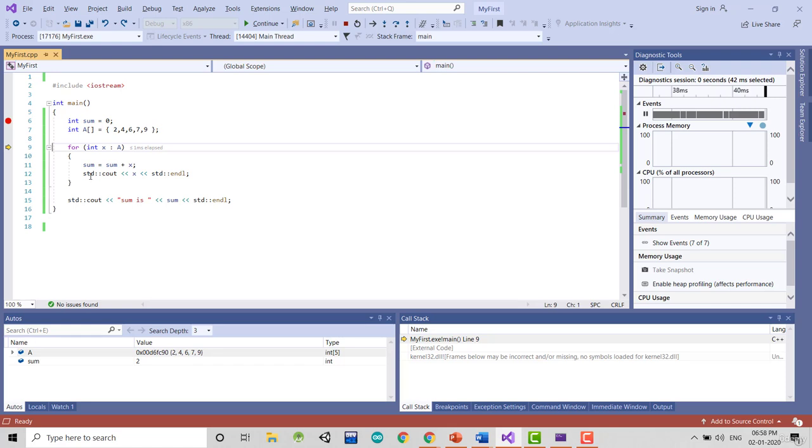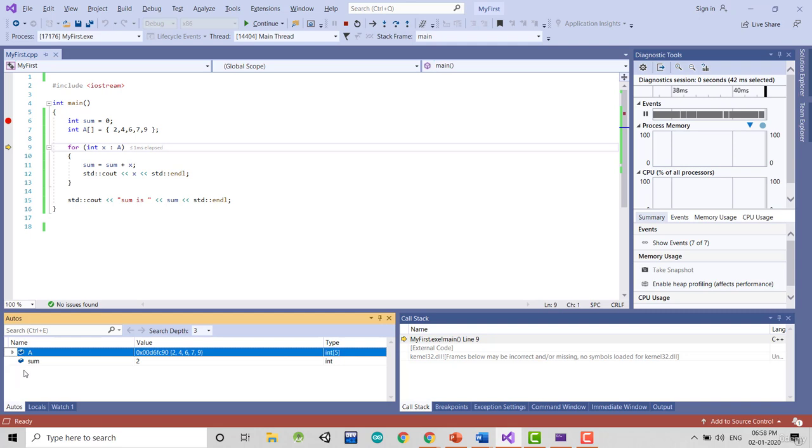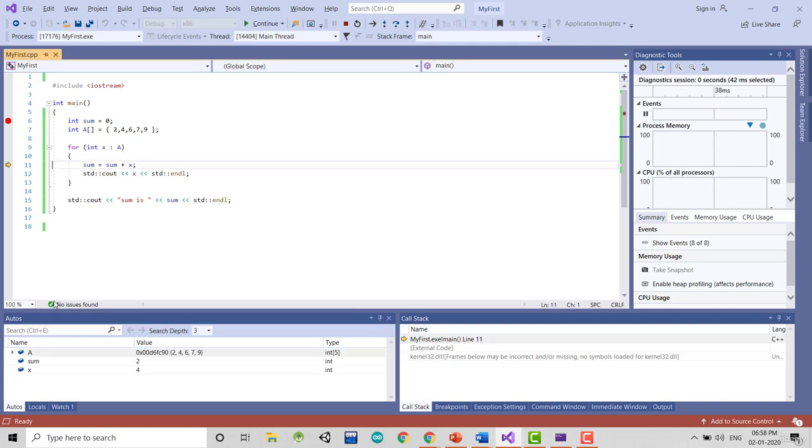Now X is gone because it has finished the for loop iteration, and it is about to start the for loop once again. So X is not there in the watch window. Now if I press F10 again, X is there again and is having value 4. If I keep the cursor on X, you can find value 4, and on sum, the value is 2. Now when this statement is executed, sum becomes 6, that is 2 plus 4 is 6. Now it will print